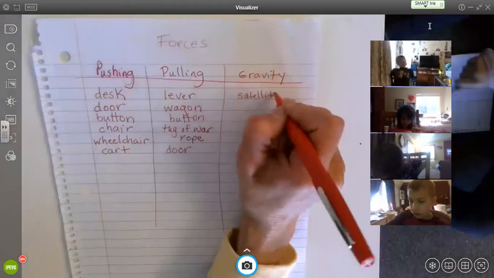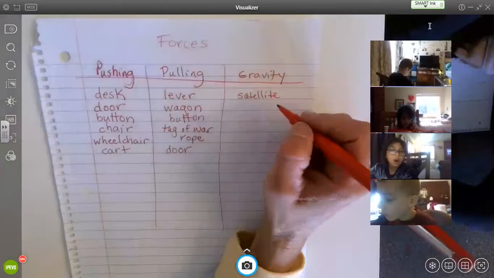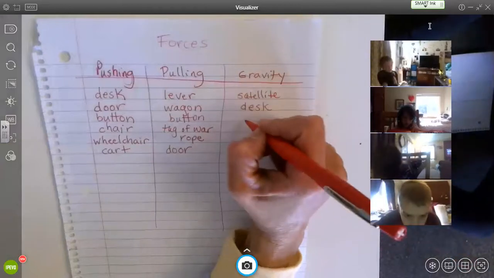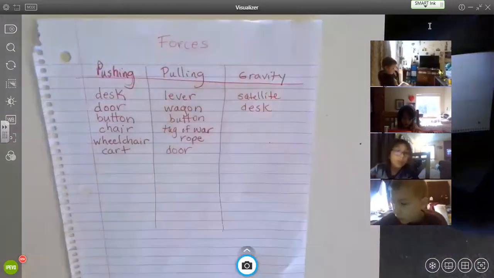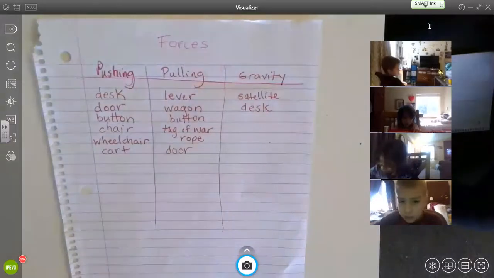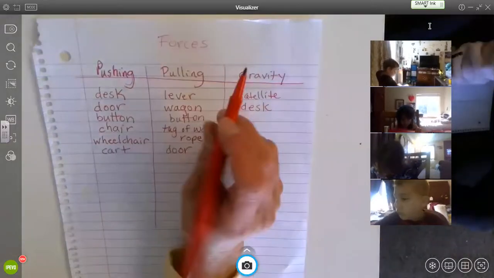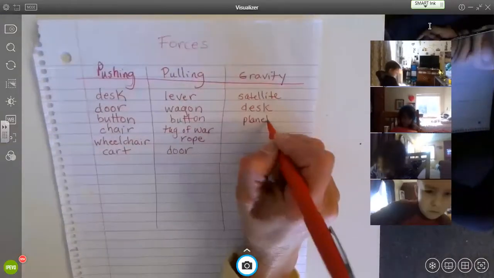What are you thinking, Sunny? Desk? August? Space. What do you mean by that? So everything has some kind of gravitational pull? Okay, so what in space? Asteroids. The moon. There's a gravitational force with the moon.